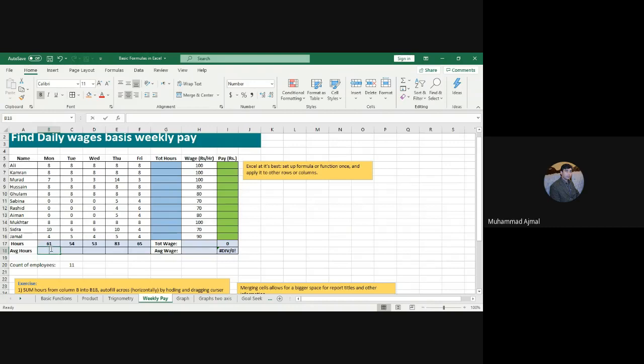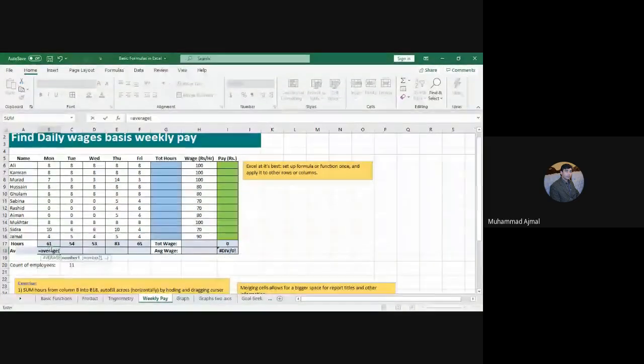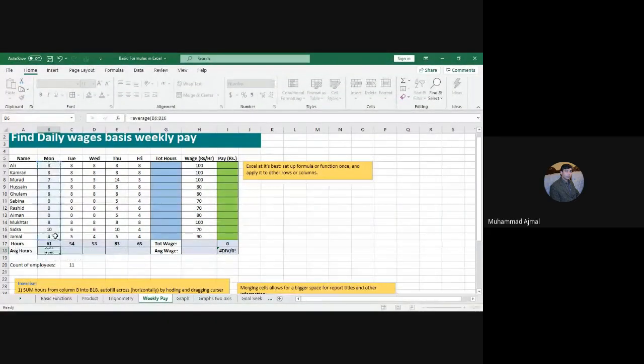If I want to find the average of these employees of a day, so write average, select these hours to the last employee, enter. It will give you the average hours of that day for all employees, and then drag it. It will copy the formula for other days' averages. Okay. Similarly, for 1 week from Monday to Friday, this employee's total hours can be just summed here, sum, and